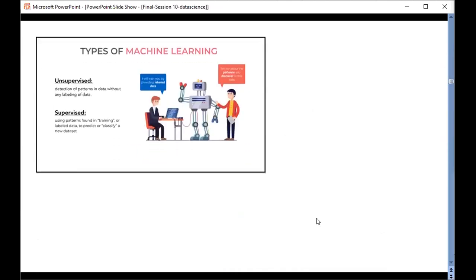Then we learned about different types of machine learning techniques, particularly the major two types that we discussed, that is unsupervised and supervised machine learning. Does any one of you remember what is the major difference between unsupervised machine learning and supervised machine learning?